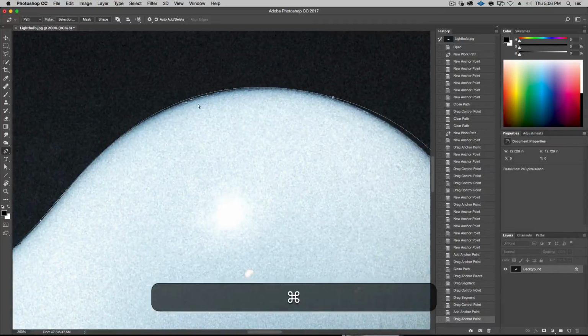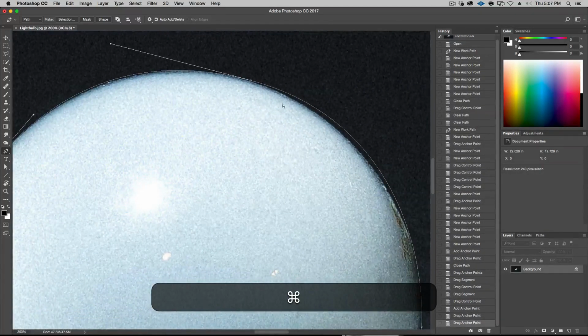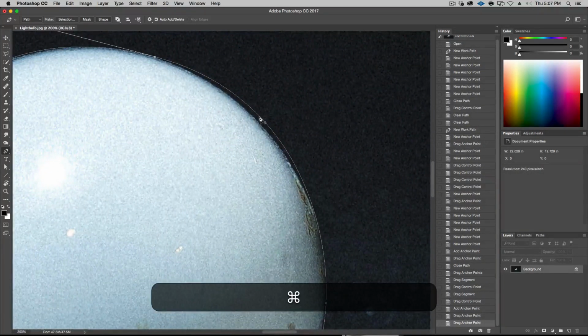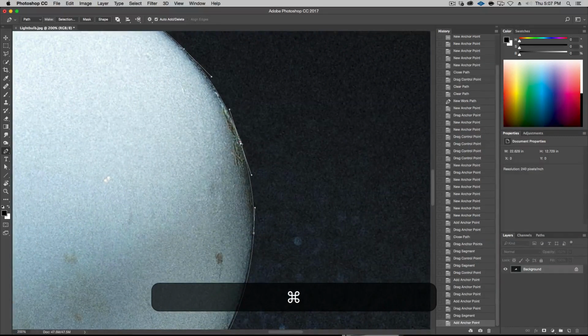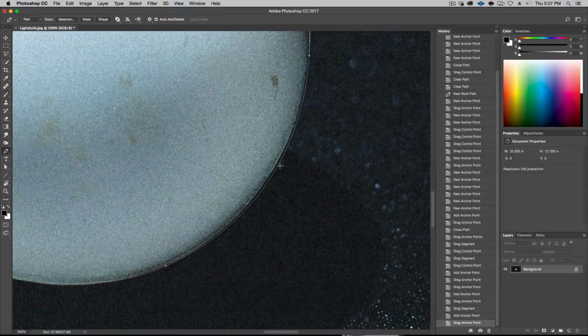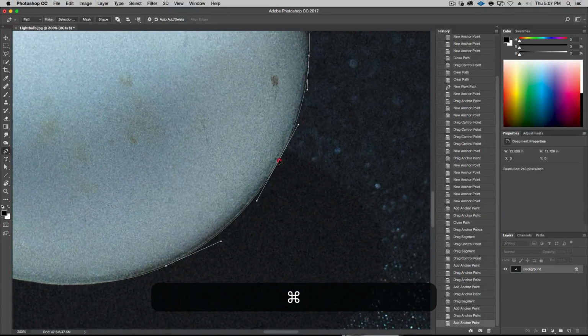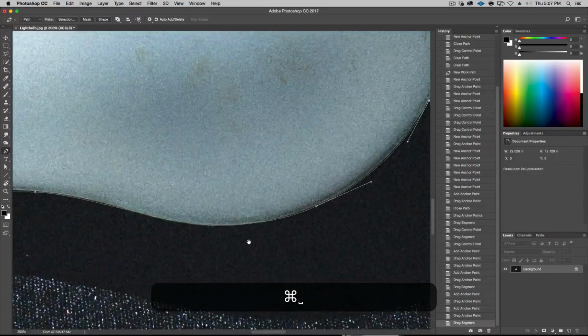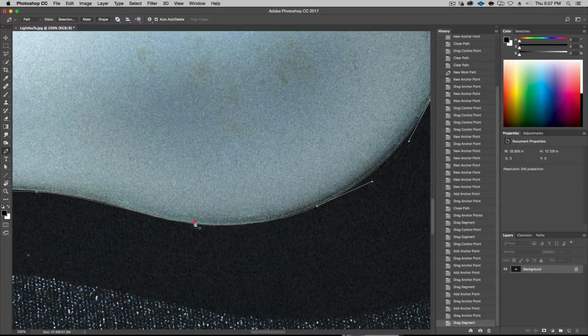I can add a point here and just bring it maybe a little closer. I feel like I'm cheating when I do that, just because I'd like to have as few points as possible. So something like this. Like I said, it's more important in this process. I really don't want any of the light bulb to be picked up. So try to keep that in mind. And point here. Okay, here. And let's add a point here and just bring that in. Something like so. That. All right, and here we need to add one and bring it out.